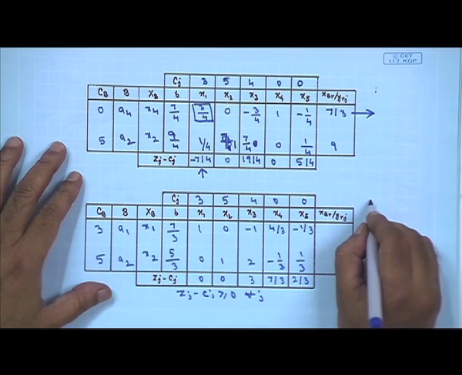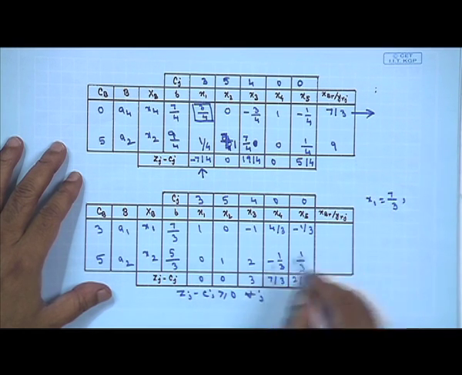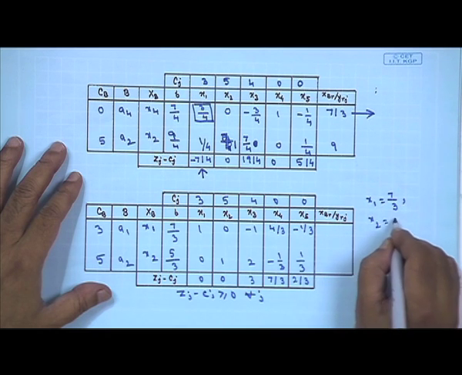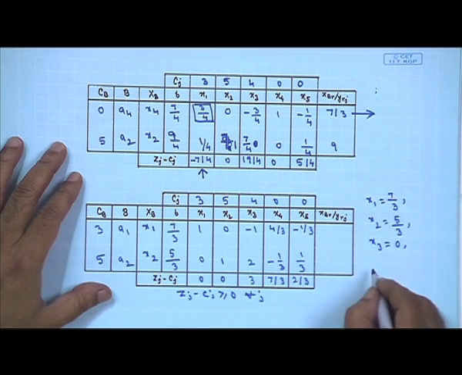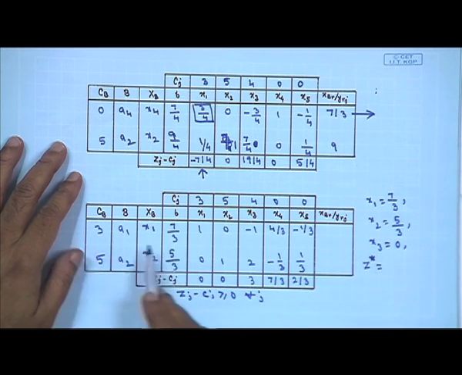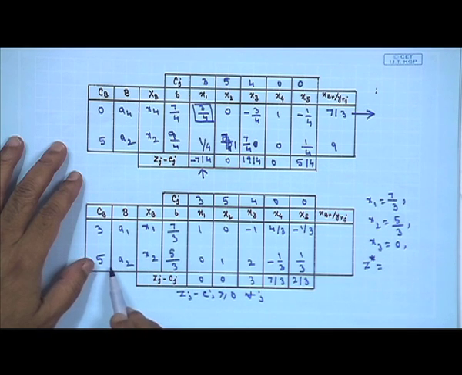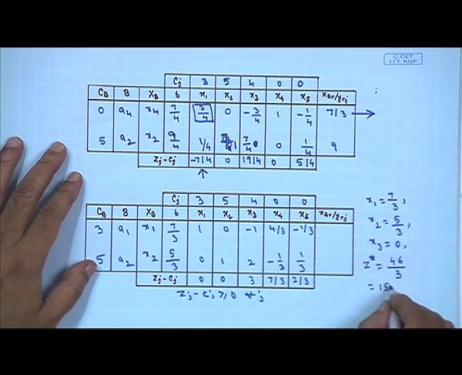X1, X2 is present. So, your optimal solution is X1 equals 7 by 3, X2 equals 5 by 3, X3 is not present, therefore, X3 will be 0 and maximum value of Z star is equal to this into this, that is 3 into 7 by 3 plus 5 into 5 by 3, other term will be 0. So, that value you will get as 46 by 3, and this is nothing but tentatively I can write down